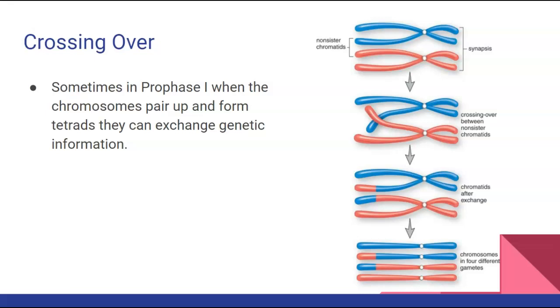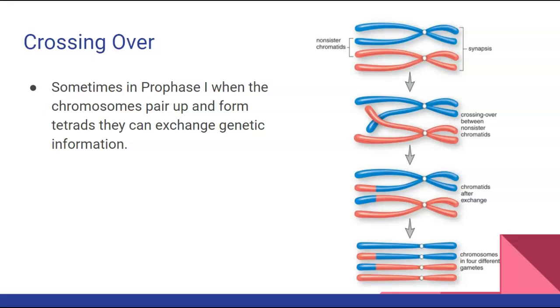The last thing I want to talk about is crossing over. This is a way to produce genetic variation. This is a way that continues to make uniqueness in each of the cells. And prophase 1 is when crossing over happens. It will not happen anywhere else, only in prophase 1, and it doesn't happen to every chromosome, but some chromosomes